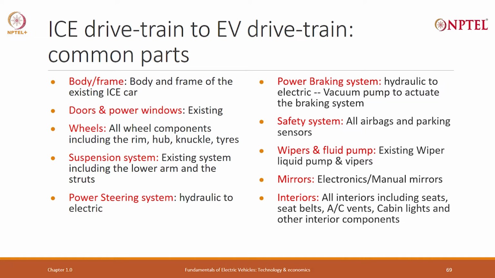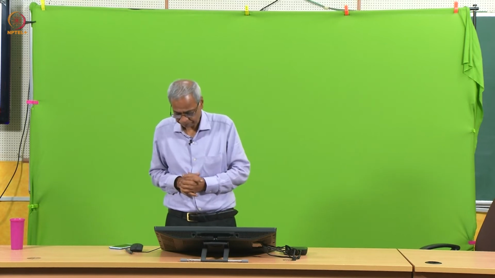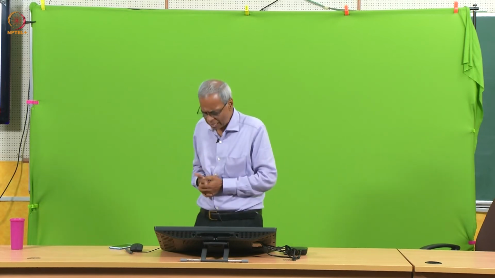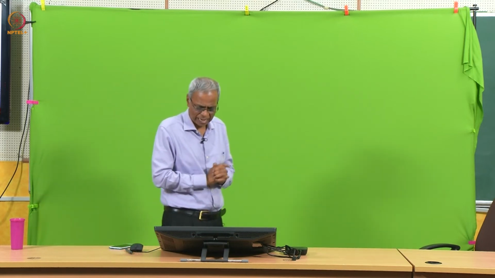Wipers and fluid pumps, existing, can be used, no need to change. Mirrors, and now mirrors are adjustable electronically, great. Manual mirrors are also there. Interiors, all interiors including seats, seat belts, AC vent, cabin lights, other interior components, we don't need to change any